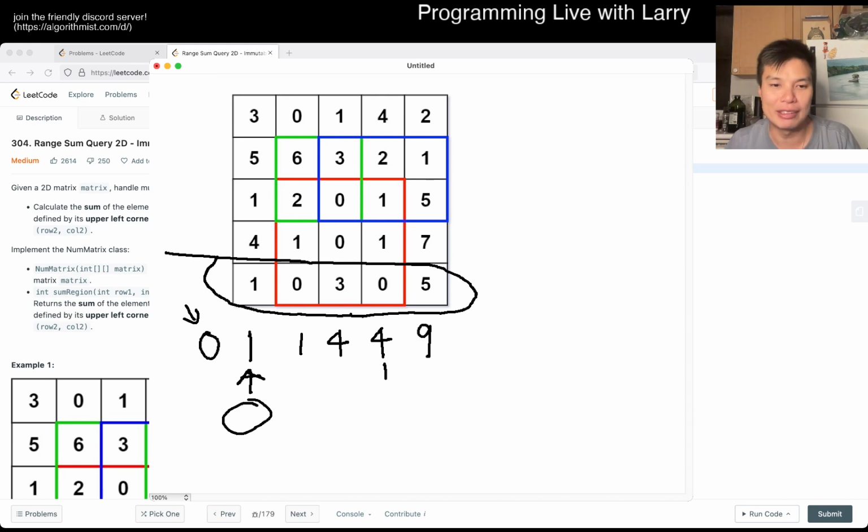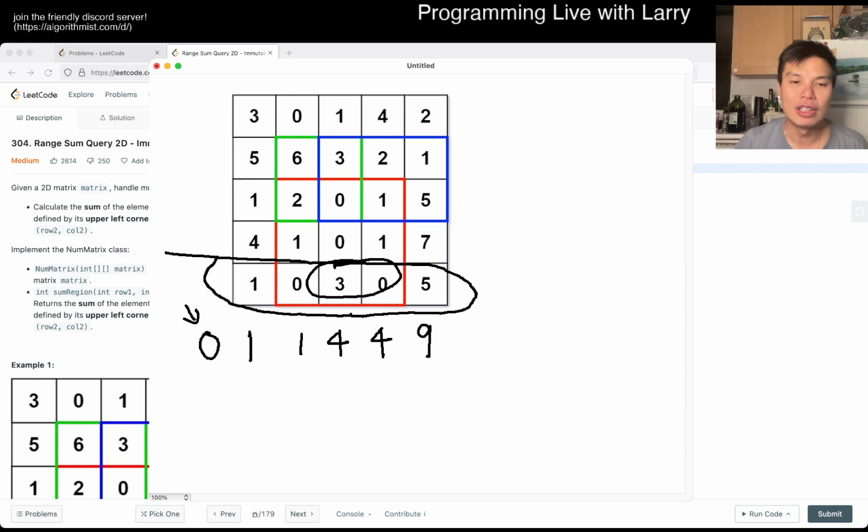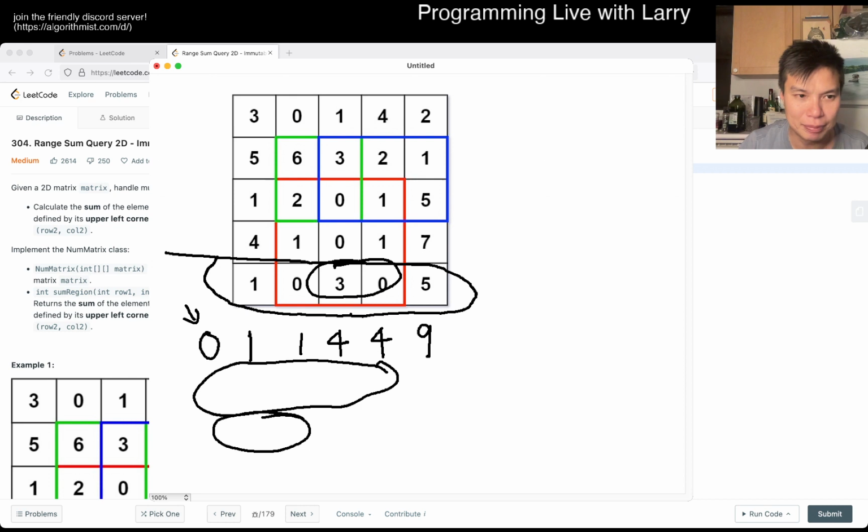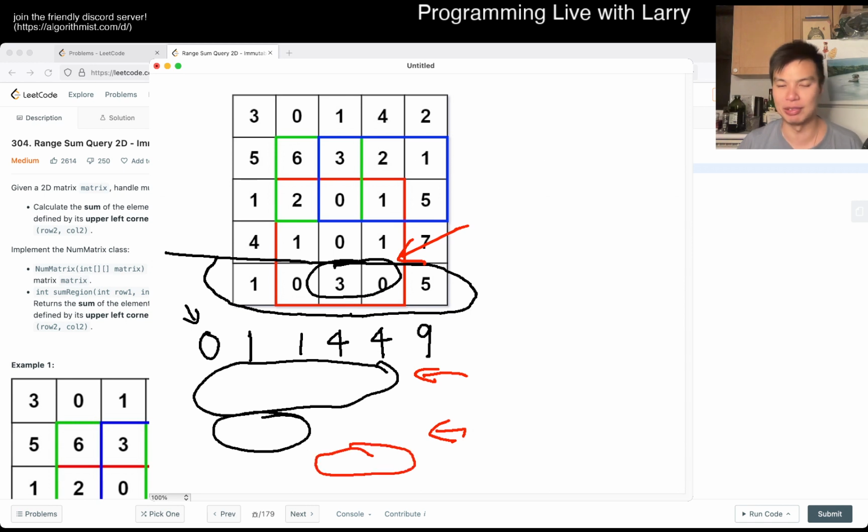And the idea behind getting any range is that let's say you want to look at here, the sum of these 2 elements. Well, the sum of these 2 elements is just this entire sum minus this subset, right? So to get this 3 and 0 1D box, you just take this big box minus this smaller box, and then you get the delta, which is underneath. And that's basically how you do 1D